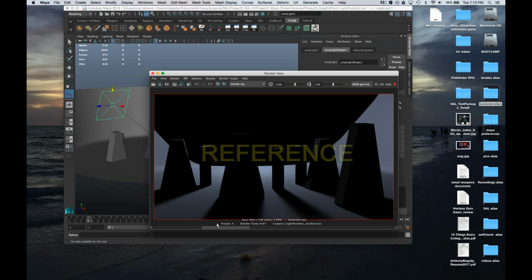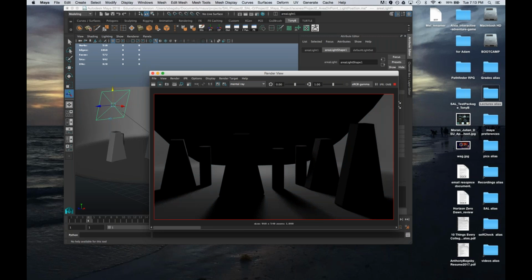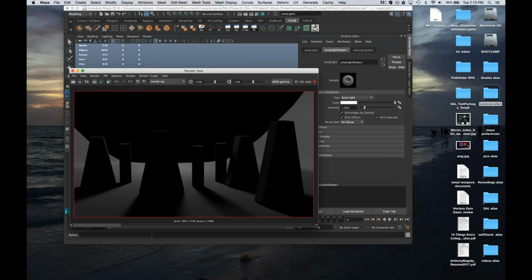Okay, and the shadows are looking like they're in the right spots, so that's pretty good.